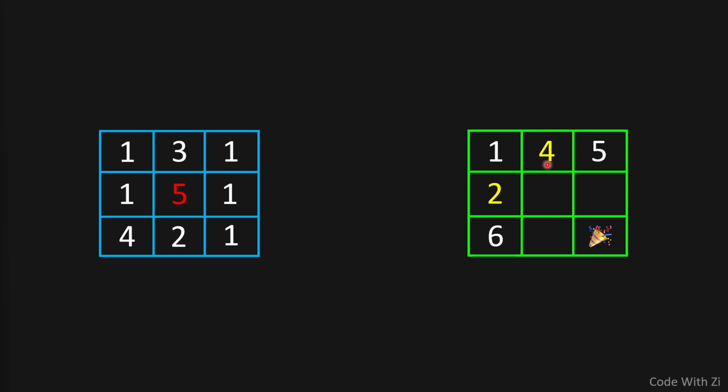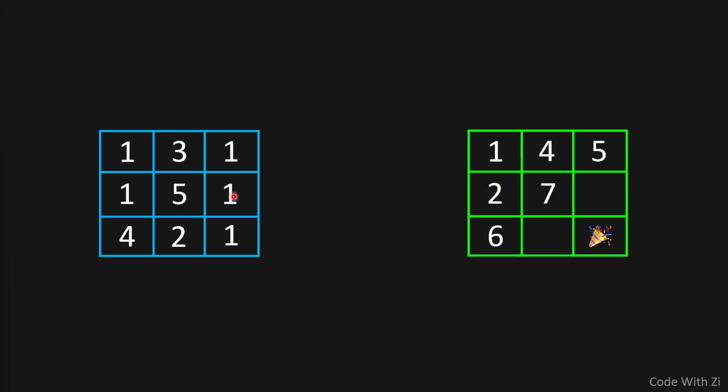If we come from this position to this position here, we need to add 4 to 5, because that's the sum that we have in this position. But if we go from this position to this position here, we need to add 2 to 5, because that's the sum that we have in this cell. And as you know, we're looking for the minimum path. So we're going to pick the minimum number, and that's going to be 2. And that's going to give us 7. 5 plus 2 is